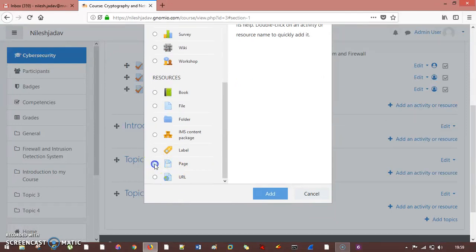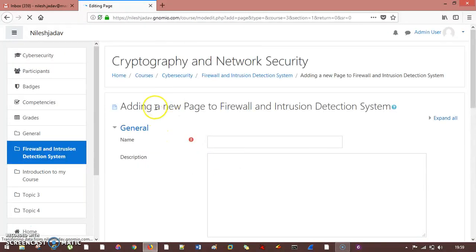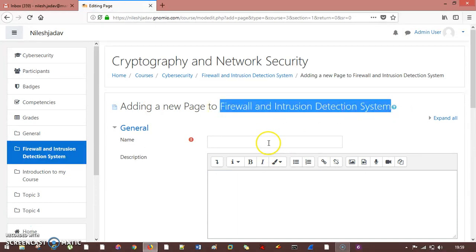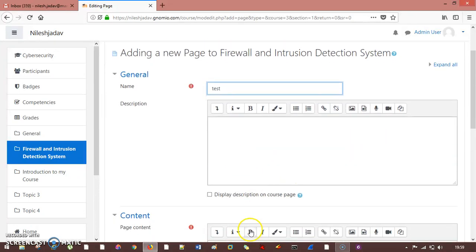So let's say I select one page over here and I add it. You can double click also, that'll give you the same thing. So you can see adding a new page to firewall intrusion detection system. See, it is the page inside this one. So let's say my page name is test, and I will add some description that is shown on the course page. So this is my first test, this is my first lesson